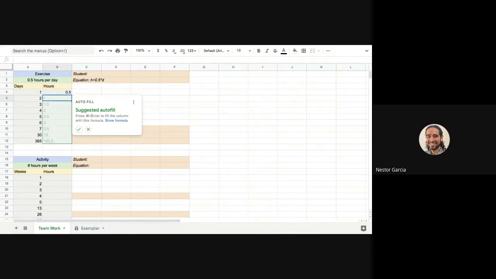In my spreadsheet, I am being suggested to autofill the rest of the table by following this pattern. Take the number on the left, which is the number of days, and always multiply by 0.5. I can go ahead and check this off to autofill, but if you do not receive this option, then the way you can do this is you click on this blue box on the bottom right-hand corner of the cell, drag it all the way down to where you want this pattern of multiplying by 0.5 to continue,